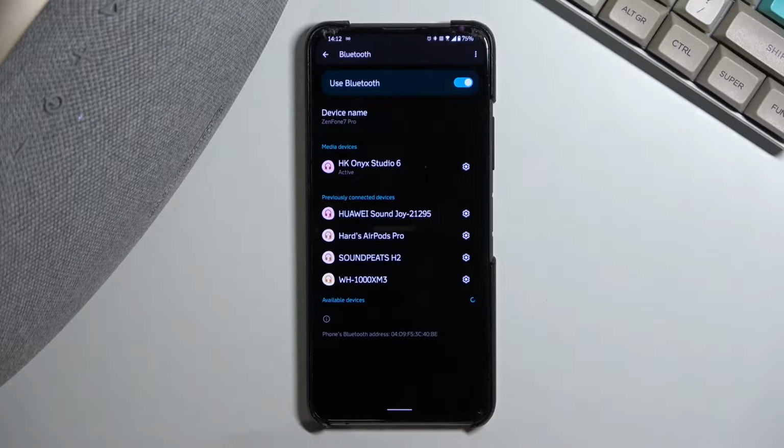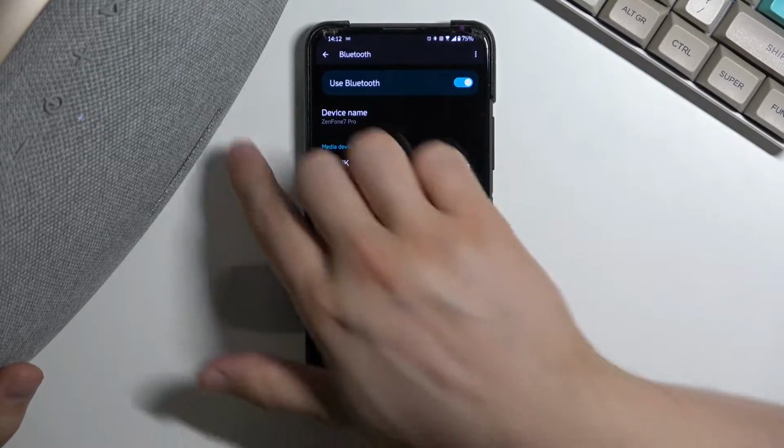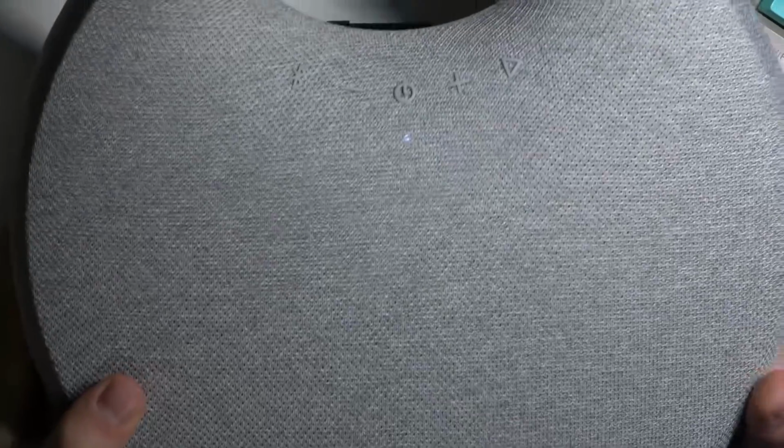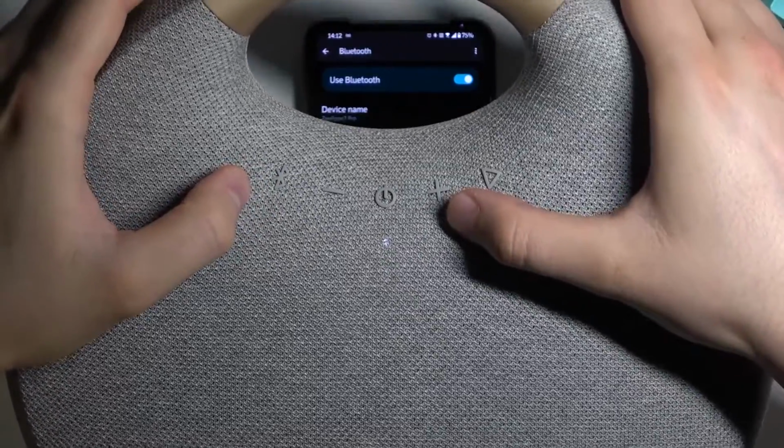Welcome guys, so today I'm with Harman Kardon Onyx Studio 6 speaker and I'm gonna show you how easy you can perform hard reset of this device. So as you can see, I'm right now connected with my Android smartphone. The speaker is also turned on, and to perform the hard reset we have to click and hold on the